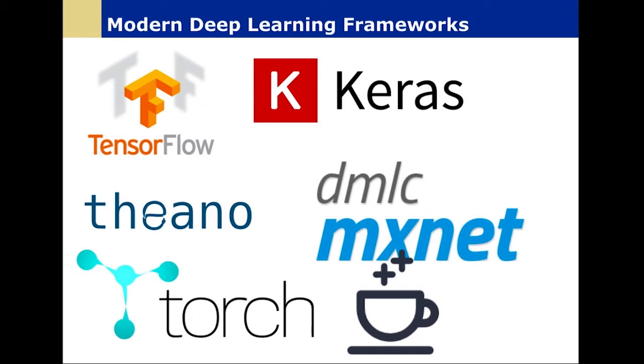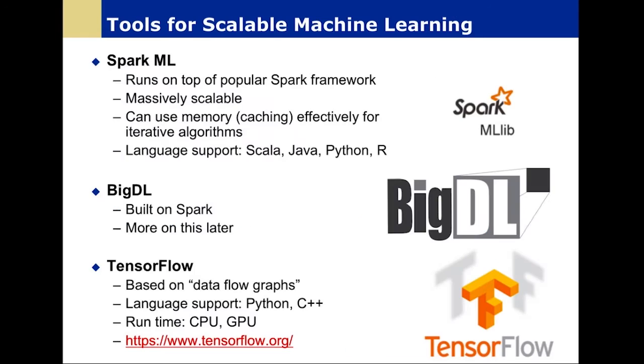Now, you're probably familiar with a number of the modern deep learning frameworks that we have: TensorFlow, Keras, Theano, etc. So this is part of the modern ecosystem we have in deep learning. Now, for scalable machine learning on clusters, you may be familiar with Spark ML, which is designed to give us affordable, that is open source, scale with traditional machine learning. However, it does not cover deep learning so much. Now, BigDL brings deep learning to Spark, and we're going to be talking about that in the rest of this series that we have.